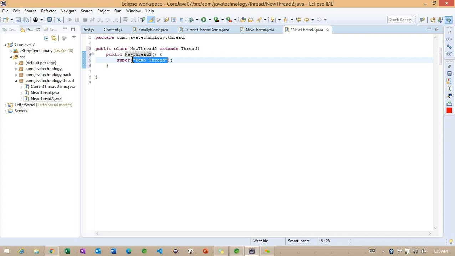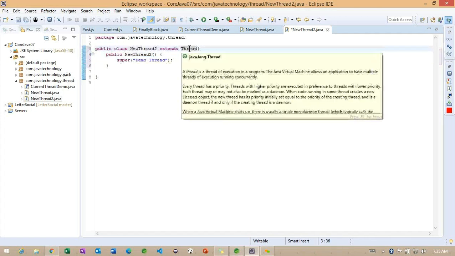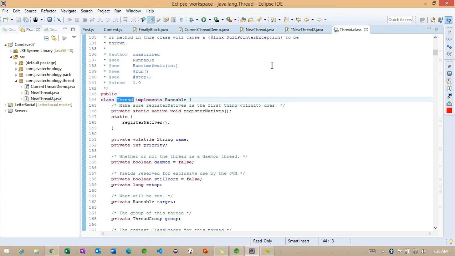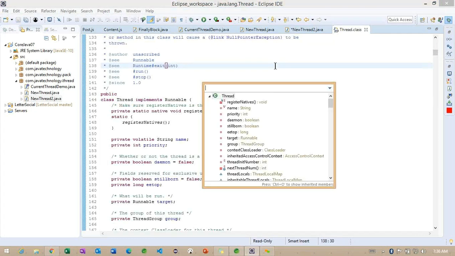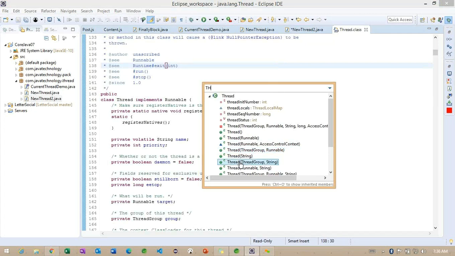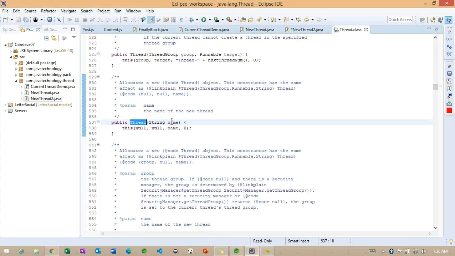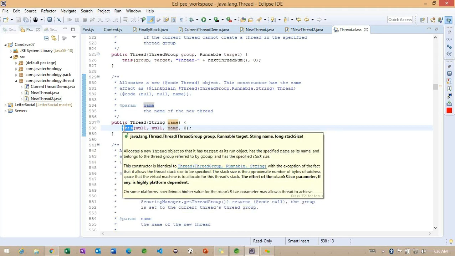Getting the point? So what happened internally? We'll check inside the Thread class which constructor is going to execute. If I check the Thread class here, you can see it has a constructor with a String parameter. The same string is what we are passing here. So this constructor is going to execute, and internally this keyword is used. Why are they using this? This is important, because we also identified the this keyword in the previous classes.